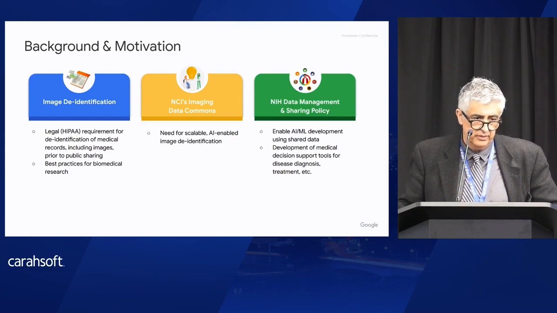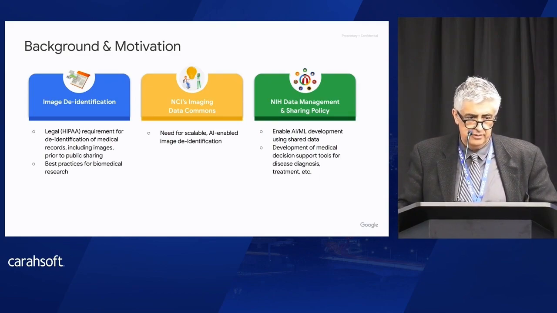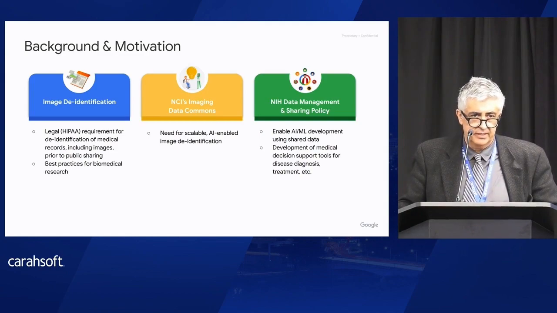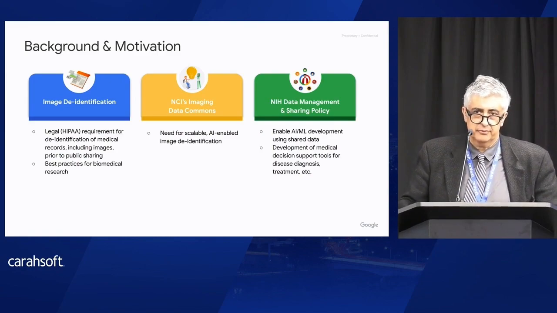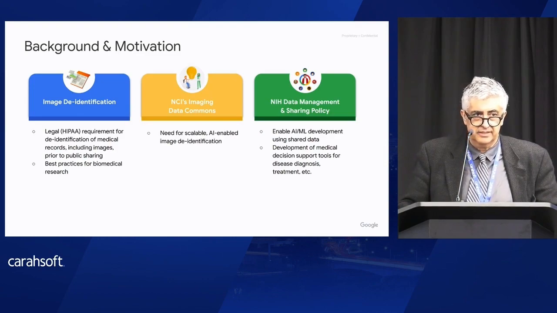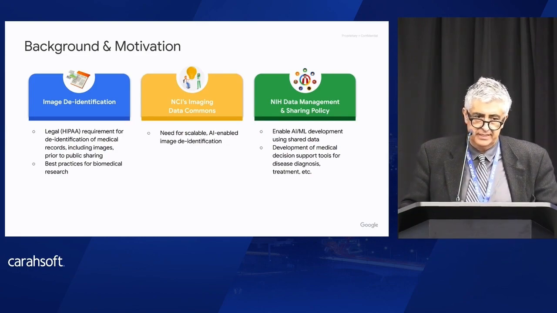And then the need at the time when we started in 2020 was to provide services for the Imaging Data Commons. That's the center box that's in yellow. It's hard to read, but that's NCI Imaging Data Commons. And then the greater cause that we found since last year is to help with the NIH data sharing mandate and hopefully provide investigators with guidelines and tools that they can use to de-identify their images that were generated through NIH support and share them, because most of the time their expertise is not in this area. They're experts in their own area of biomedical science, and through that they generate medical images, but at some point they need to share